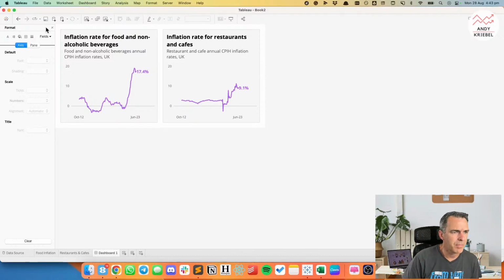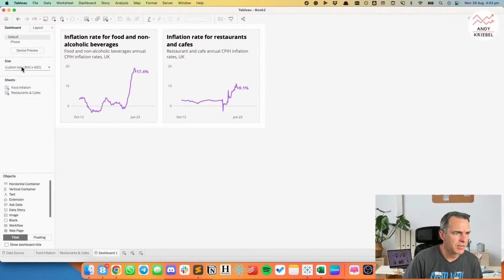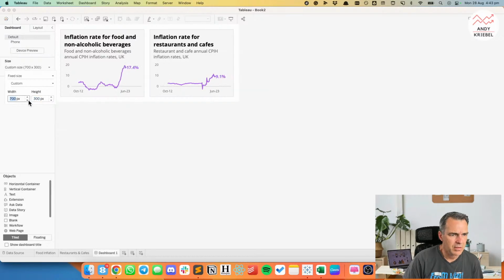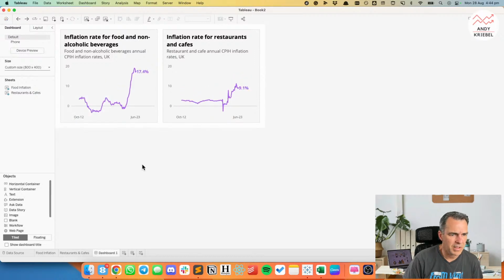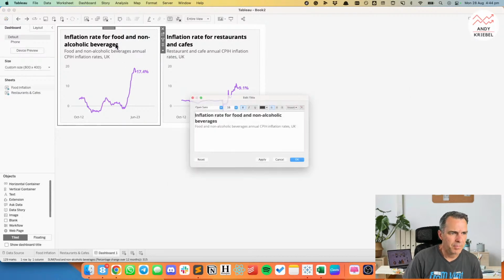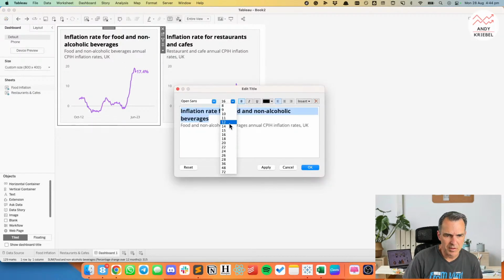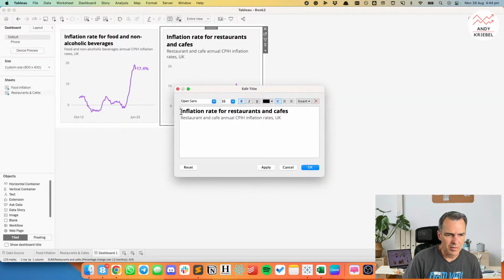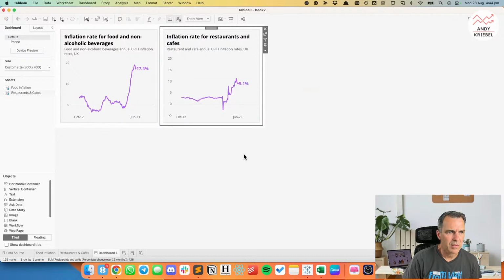Okay, so now the question is, how do we like the size of this? So I could maybe reduce the height and the width, but now it doesn't look very good. So I think I'll leave it the height that we had it before, because now they're both pretty much square. I'm going to shrink the size of the titles. So let's make this one 14. And let's make this maybe 10. So let's make this 14. Let's make this 10. Click OK.